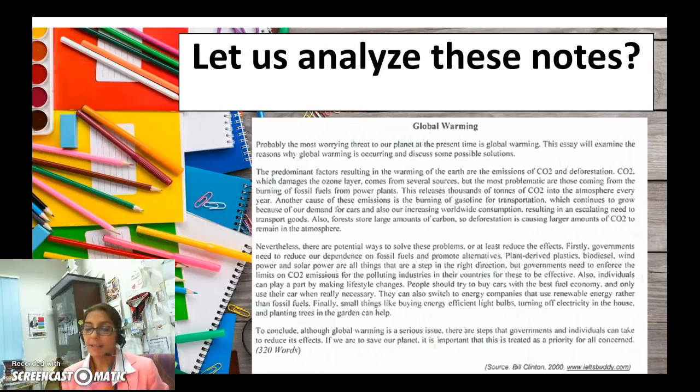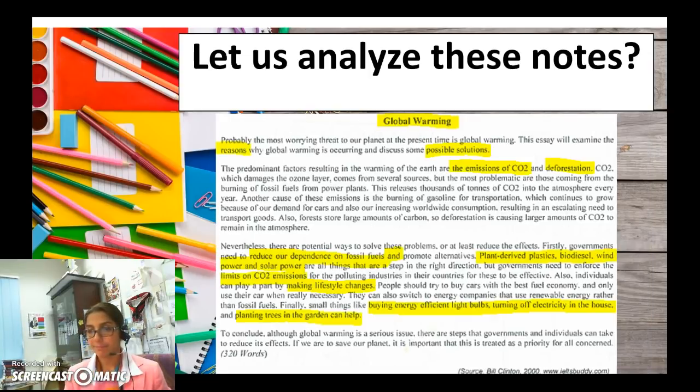So if you read this passage, you will find that this passage consists of 2 kinds of information. The topic of course is global warming. It consists of reasons for global warming, and it consists of possible solutions to control or stop or hold back this devastating